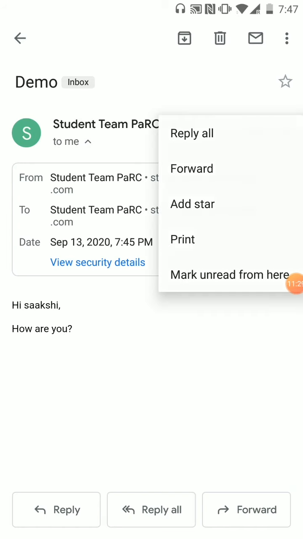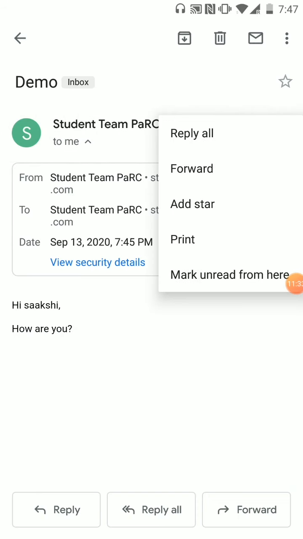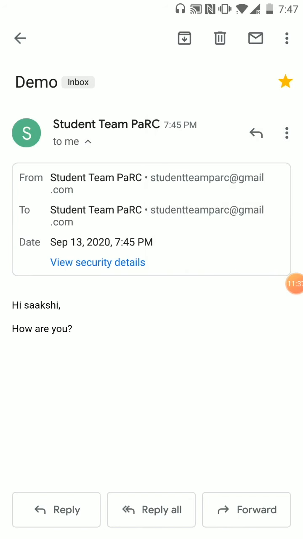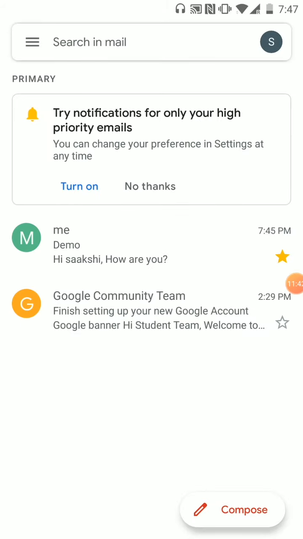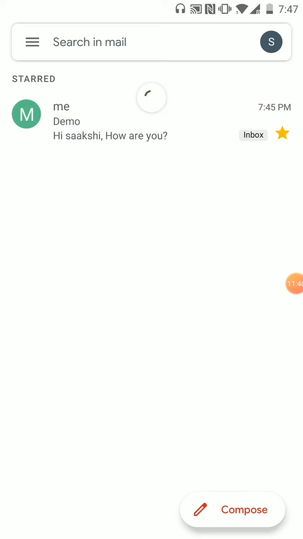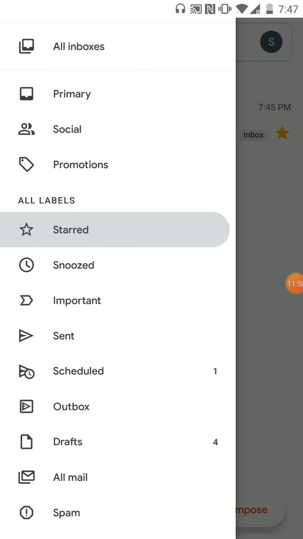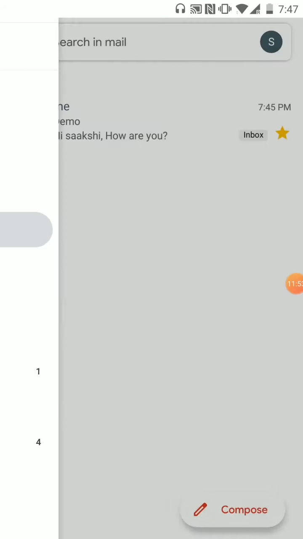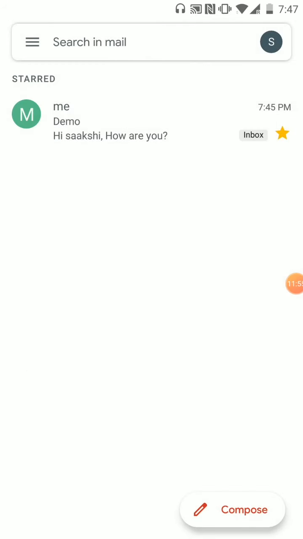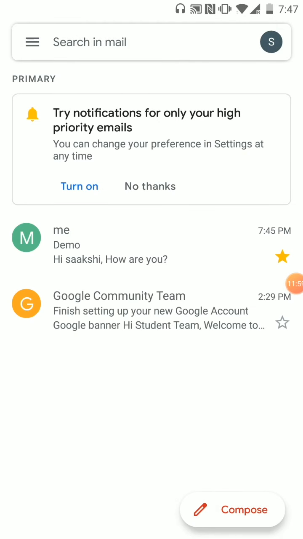So you can see here there are two options that you have. You can add a star to the mail. What this star does is it basically stars the mail. So you will find the mail now in your starred label. Coming to these labels, you have already seen starred, where you can just press on this icon that you get on the side when you receive a mail.